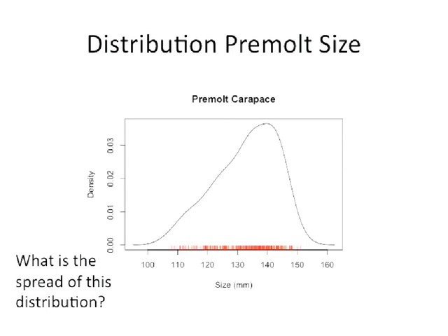Here's some more information. I added a rug to the density plot. And now you can see all the individual measurements, although there's some overplotting. What do you think the spread is for this distribution? Now remember, what the spread says is, what's the average deviation from the center? So if we took the center to be about 135, and we're looking at how individual crabs deviate from that center,